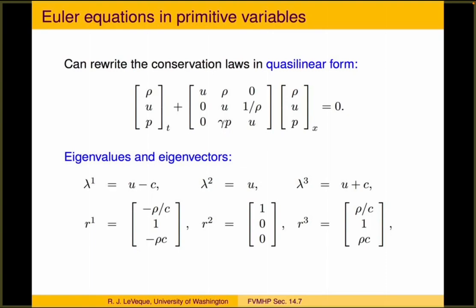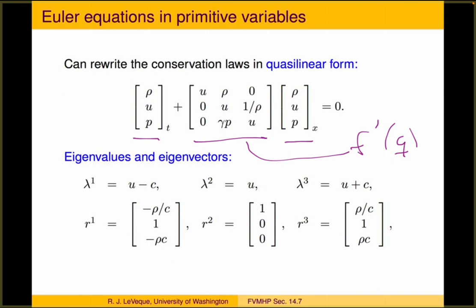So this is of the form q_t plus the Jacobian matrix f prime of q times q_x equals 0, but rewritten in quasi-linear form. The Jacobian matrix in terms of these variables, differentiating with respect to rho, u, and p, has a relatively simple form,